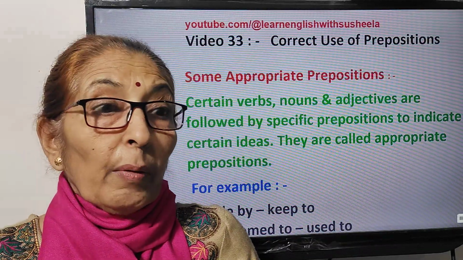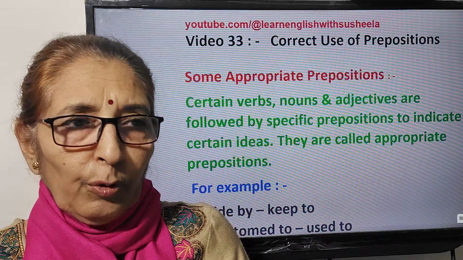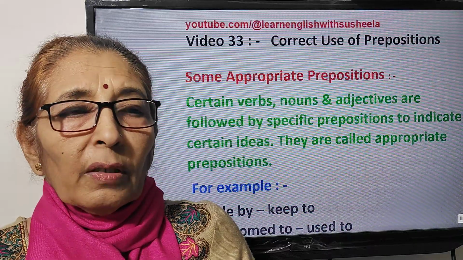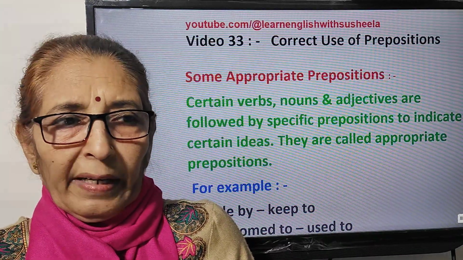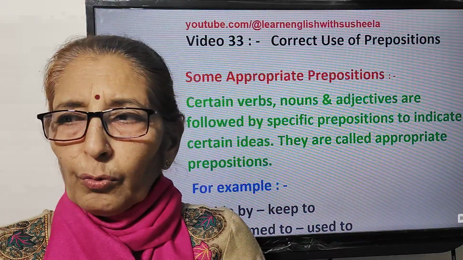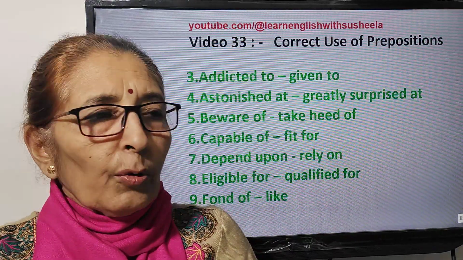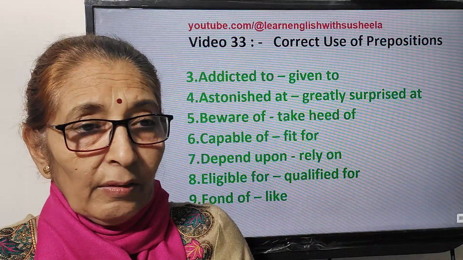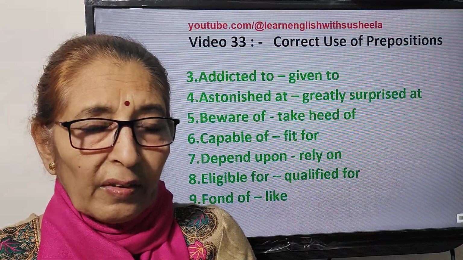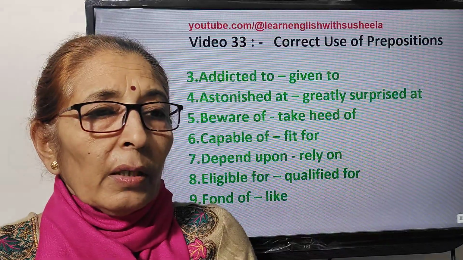Just as, first, abide by. Abide by means keep to. Example, you must abide by your promise. Next, accustomed to. Accustomed to means used to. They are accustomed to comfortable city life. Next, addicted to, that is given to. It's used for bad habits. He is addicted to smoking and